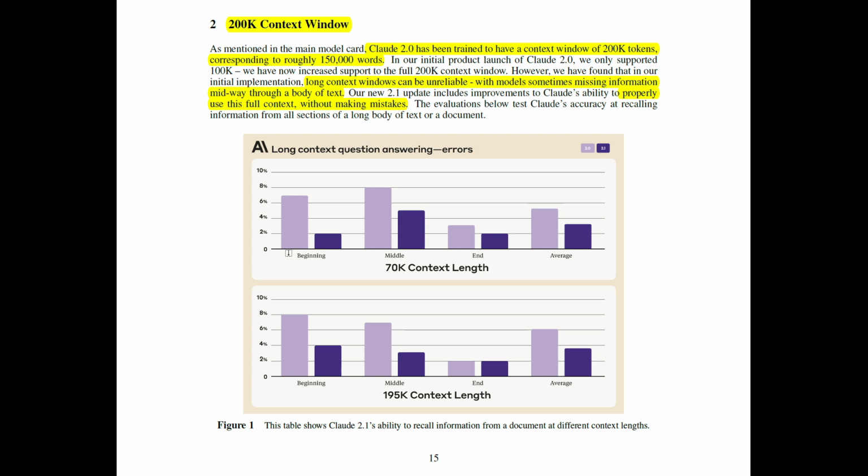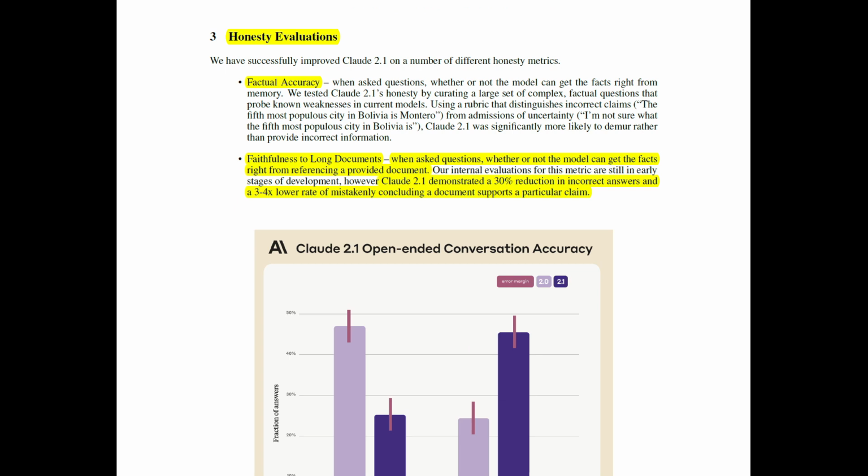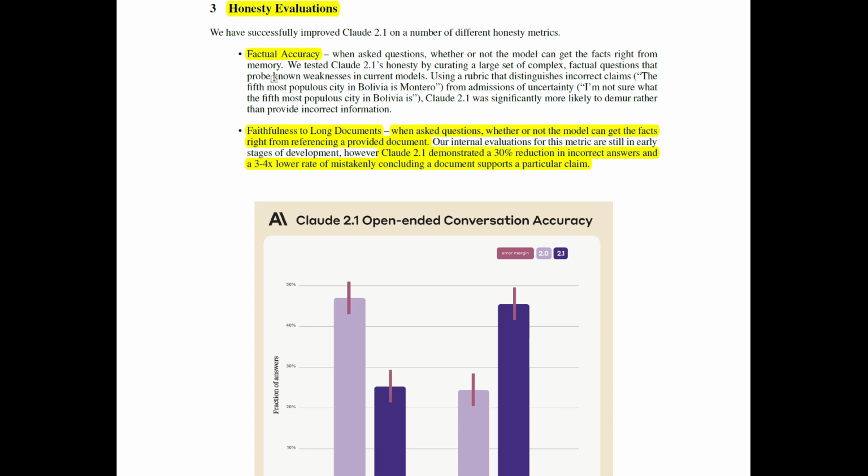And then of course, again, just seeing here, the beginning and the ending is the most reliable, and the middle is the most unreliable. And strangely, the gains between 2.0 and 2.1 are very minuscule for the ending. But anyway, here's the honesty evaluation. And again, even the Claude 2 paper was mainly filled with honesty evaluations. So let's dive in. They say under factual accuracy